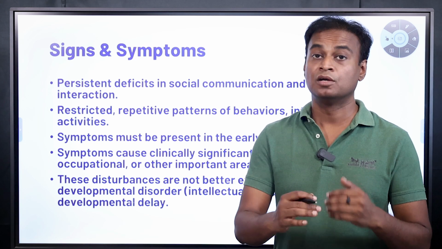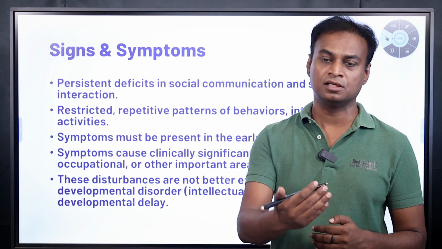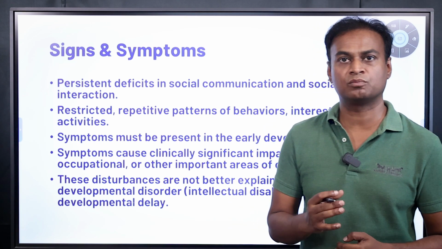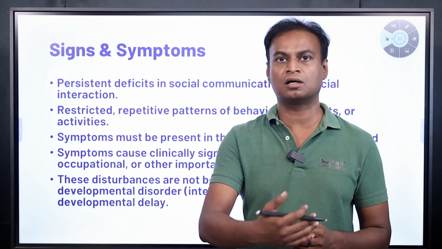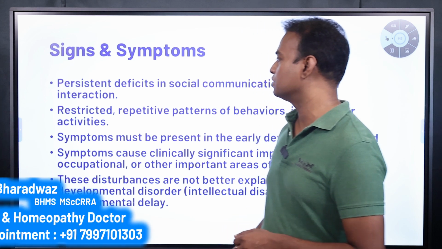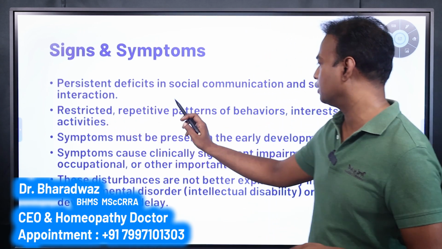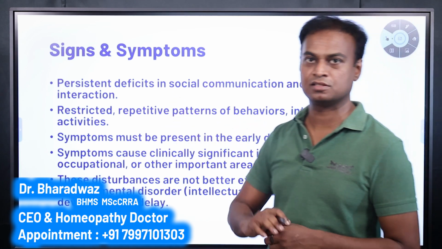Maybe they are more interested in the adults, because adults are able to understand that these kids have some problems. That's the reason they tend to be closer with the elder or upper age group than their regular age group. Next important thing we need to discuss is restricted, repetitive patterns of behaviors, interests or activities.